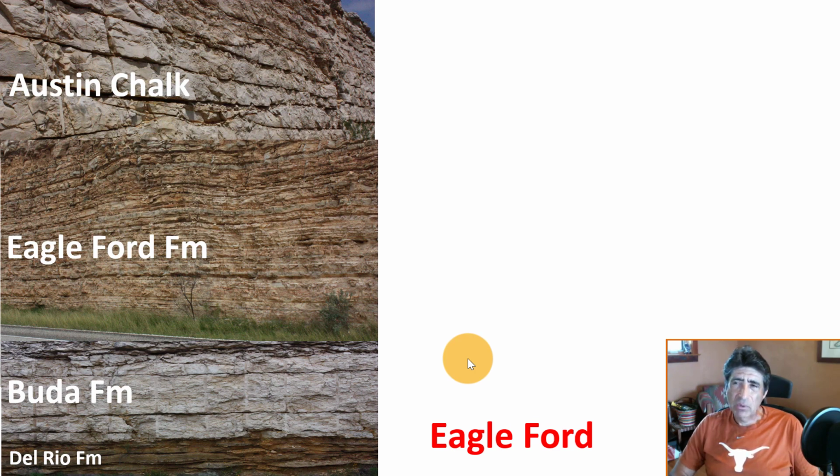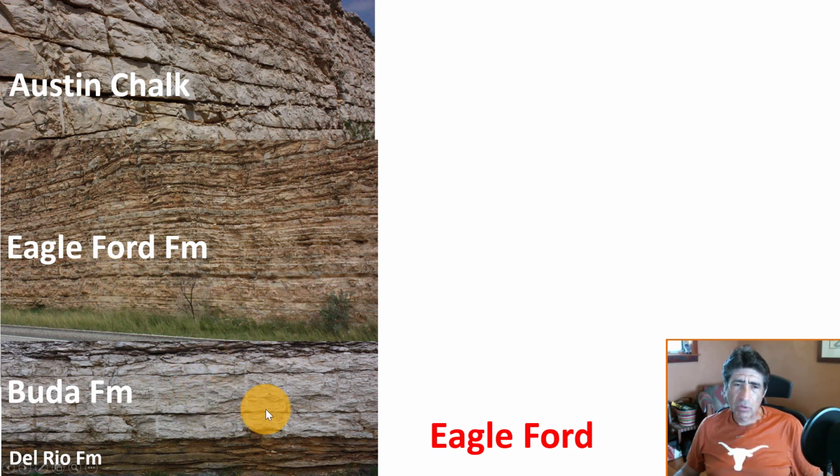Now, the third data set, core log integration exercise that we're going to be working with, is an incredible example of core and logs acquired over the Eagle Ford Shale. This is a well that is called Cinco Sauces, located in South Texas, very close to the boundary with Mexico. It's a gas field, and we're going to see that the core and logs cover at the top the Austin Chalk. Then we go through the Eagle Ford, the upper Eagle Ford, the lower Eagle Ford. The lower Eagle Ford is the one that has the highest concentration of organic material. This is where most horizontal wells are landed.